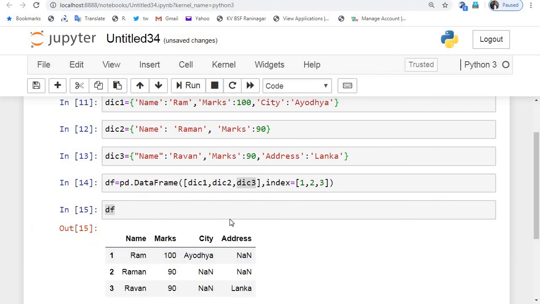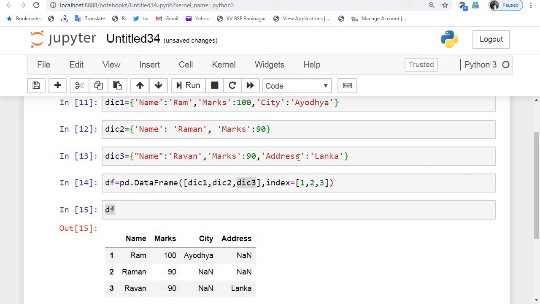You can see that now we have a total of 4 columns. That means for those columns where key values are matching, the values go to the column, and for the columns where there are no values, for example for the city column or city key, dictionary 2 and dictionary 3 have no city key, so the values for the city column for these rows are NaN.